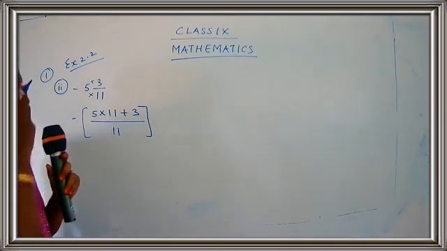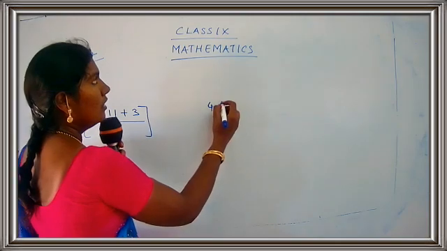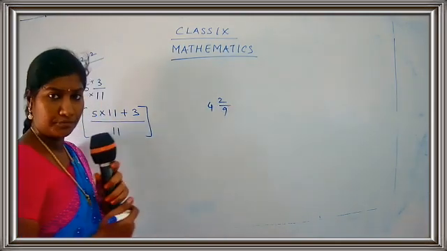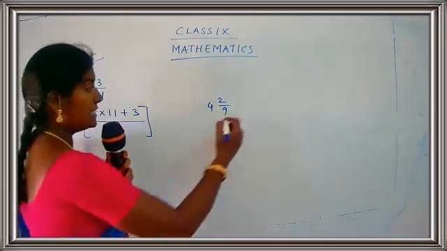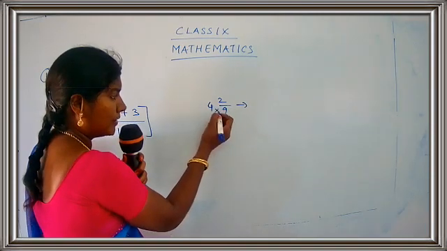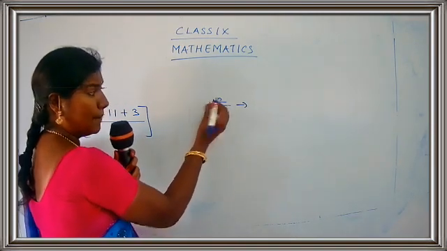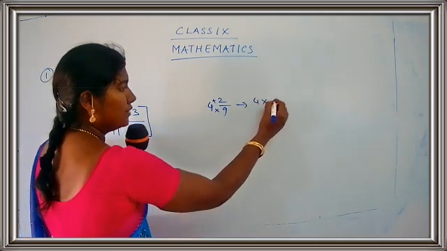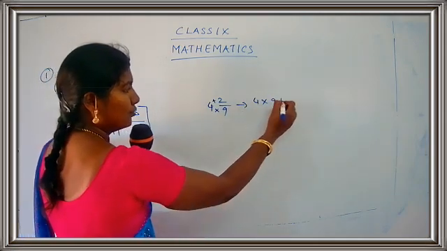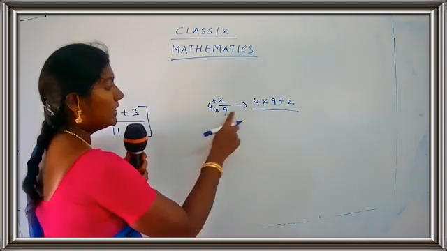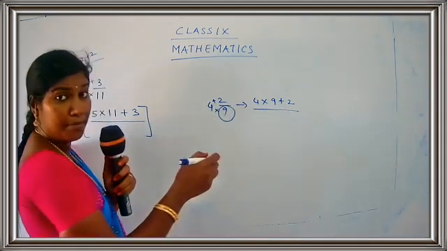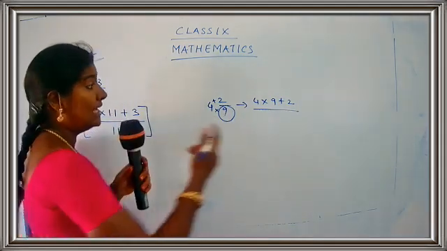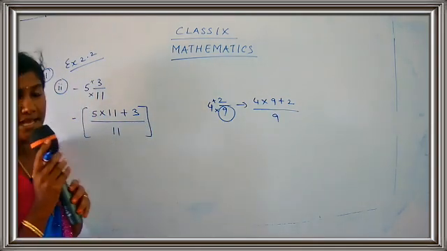I'll just give you one more example. Suppose you have 4, 2 upon 9. How to convert this? Let's see the conversion. So first of all, remember, you just put the sign into plus. So how you will write now? 4 into 9 plus 2. Okay. Upon the denominator part, you have to write the same number. What is the number in the denominator here? It's 9. So just keep it as 9.